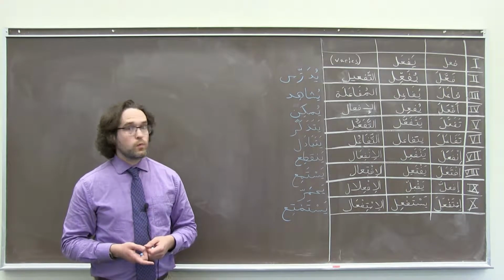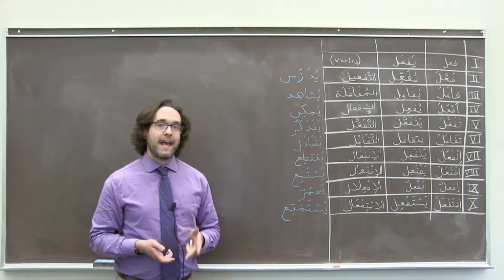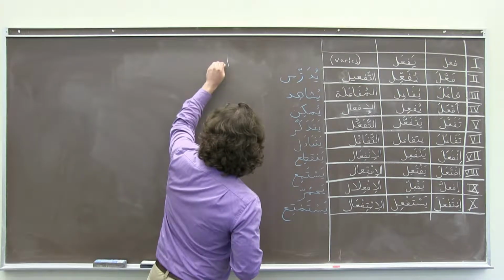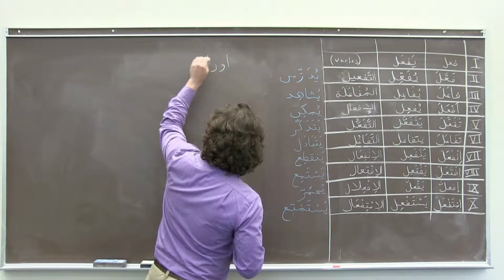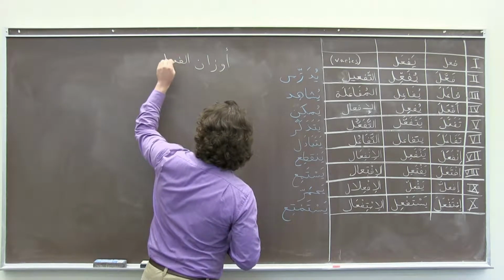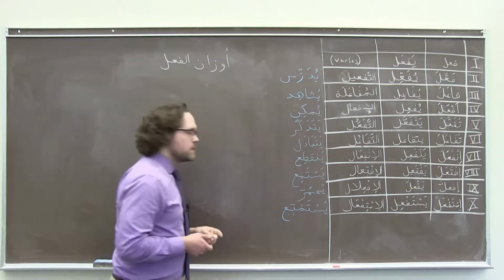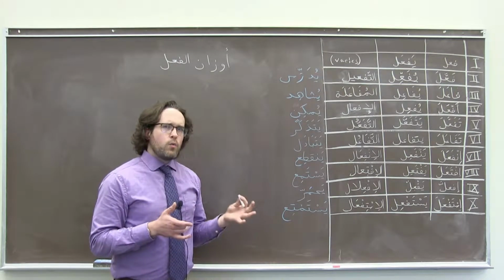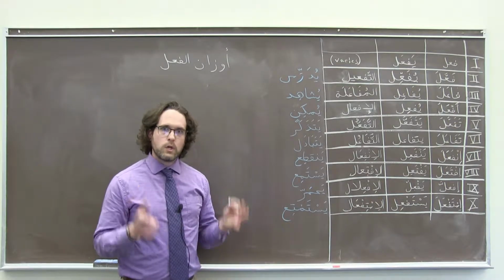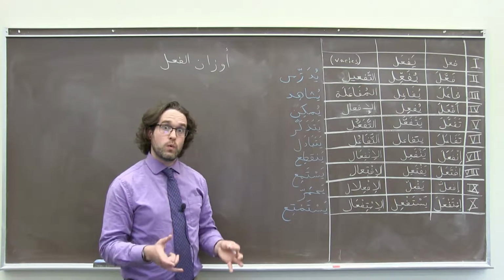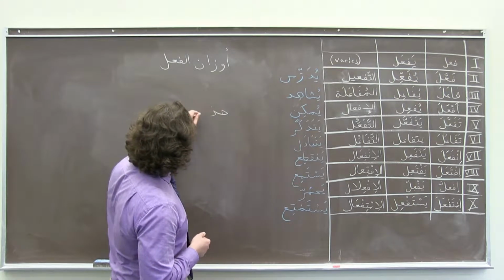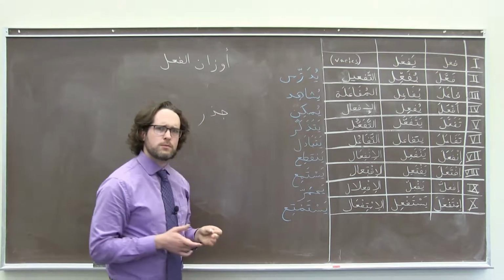Marhaba. Right now we're going to talk about derived Arabic verb patterns, or what we call in Arabic awzaan al-fi'l. Awzaan are one of the big concepts that we have to remember when we're looking at Arabic words just as words. The other one, which you're probably familiar with, is called judhr, which we sometimes refer to as a root